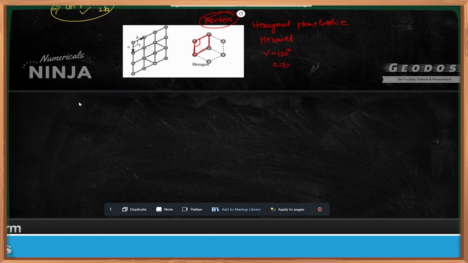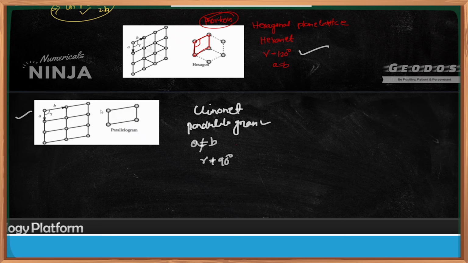Okay, इसको हम बोलते हैं clinonet, and the shape of the unit mesh will be a parallelogram. Okay, and what is happening here, it is a much higher parallelogram, and the relationship in between them is basically A is not equal to B. Okay, and the angle in between them, the thing is that, तो ये मोस्टली आपका किस में यूज होगा,